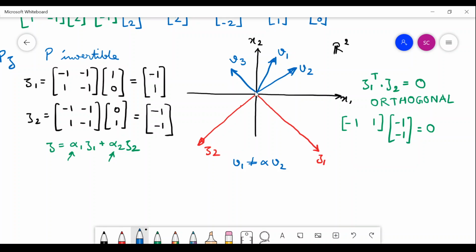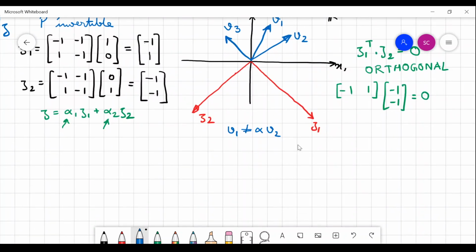Of course, you can say that v3 is independent of v1. True. v3 is independent of v2. True. But do all these three taken together form a set of independent vectors? That means that set will contain vectors which are independent of each other. So this independence of each other, when we have more than two vectors, needs some deeper understanding.